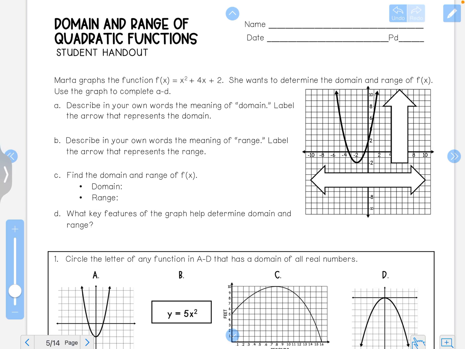Welcome to Ms. Taylor's class notes, and today we're talking about domain and range of quadratic functions. I really want you to fill this top half on your own based on what you know about domain and range. We've been talking about domain and range all year long, and so my hope is that you will be able to figure this out. And if not, I'll keep explaining things